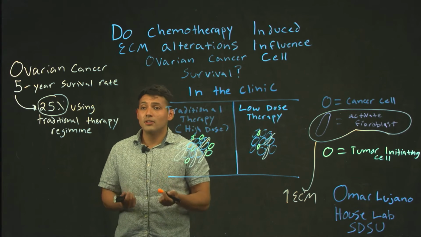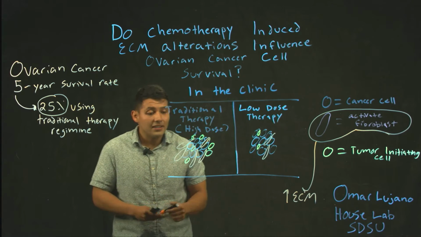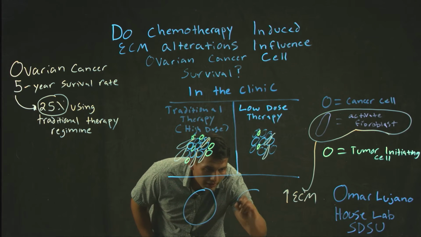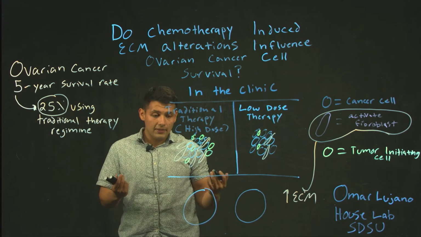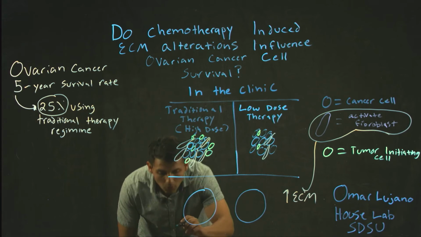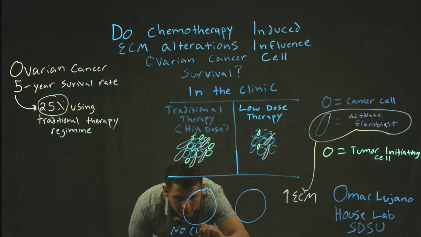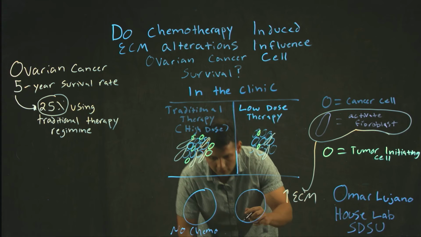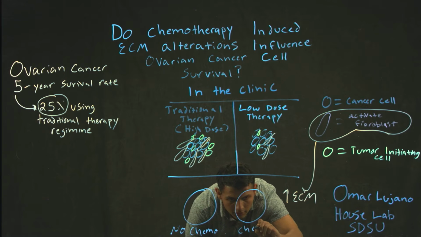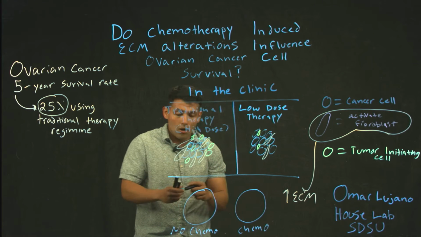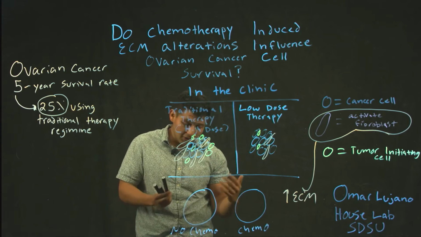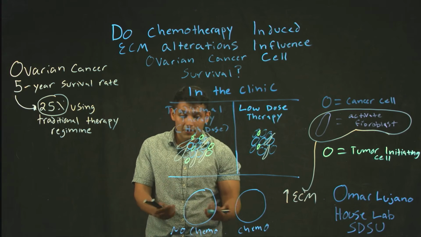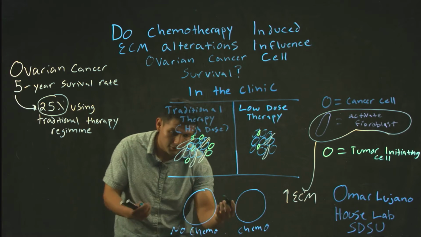And therefore, what I've been doing in my lab is taking fibroblasts and culturing them over 8 days. Over these 8 days, I have samples where these fibroblasts are not given any chemotherapy, and others where there is high-dose chemotherapy as seen in the clinic. And over this 8-day period, I am letting them secrete an extracellular matrix, right? A native extracellular matrix under these conditions.